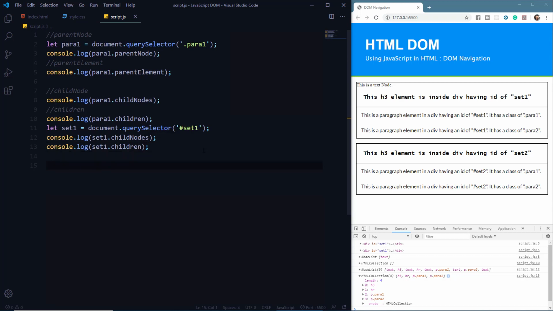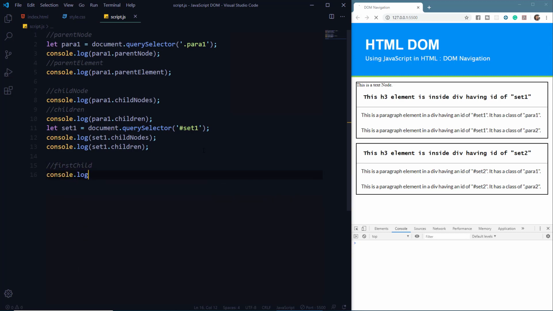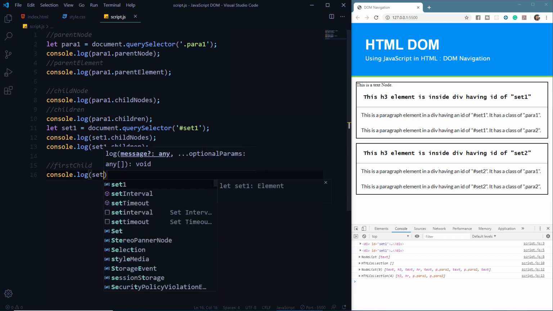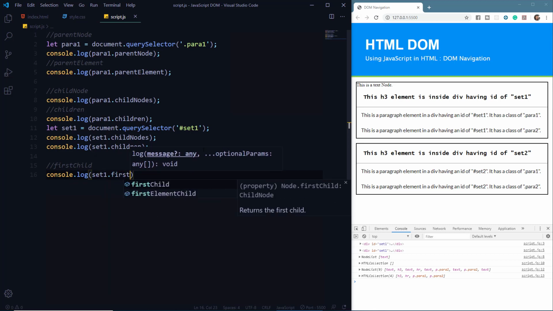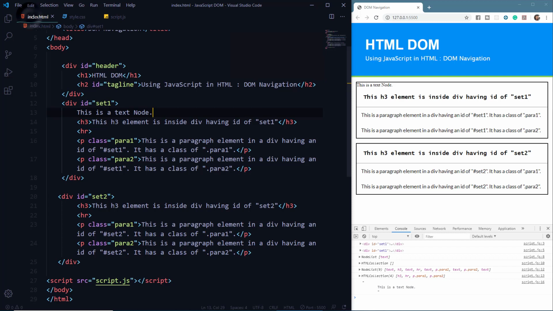Now the next property we are going to see is firstChild. Now if we log to the console the firstChild property of the set1 variable, let's see what we get. You can see that we have got this text node as the first child, because when we check in the index.html file, this text node is the first child of this div having the ID of set1.